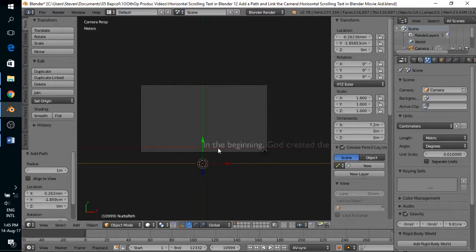The reason why you add 20 centimeters is that when the camera reaches the end of the text, it goes beyond that middle section, and so the text is totally clear from the screen. Go then to the location of the X bar, and at this moment in time the X bar is located at the Y screen. The reason is because the cursor on the path is in the middle of the path,